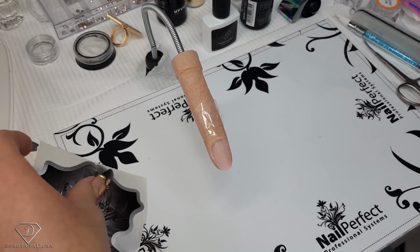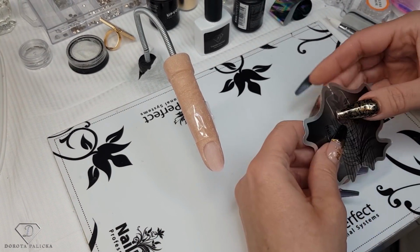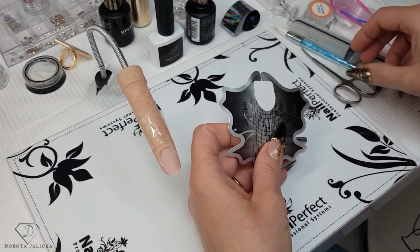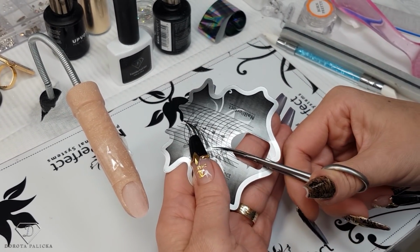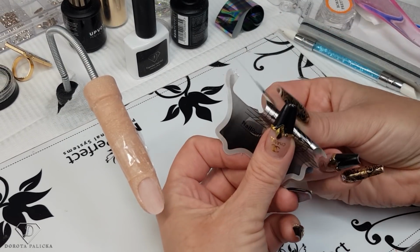We are going to start with sculpting, and it's going to be a fun design, not too complicated really, but a very interesting look and very unusual, I would say. So I'm just cutting the form on the sides, roll in between my fingers,